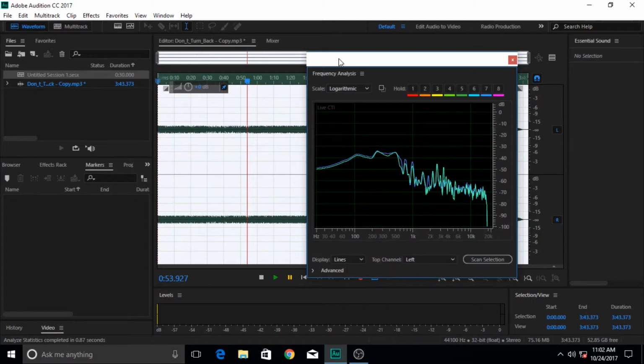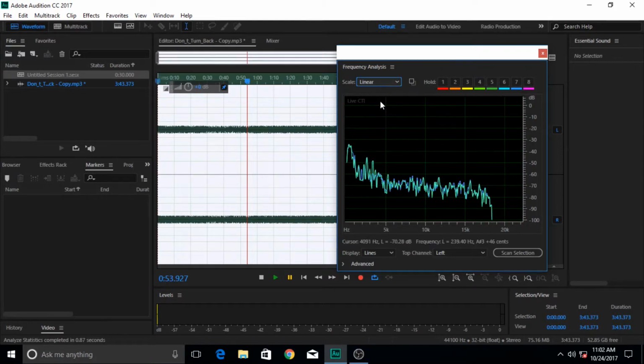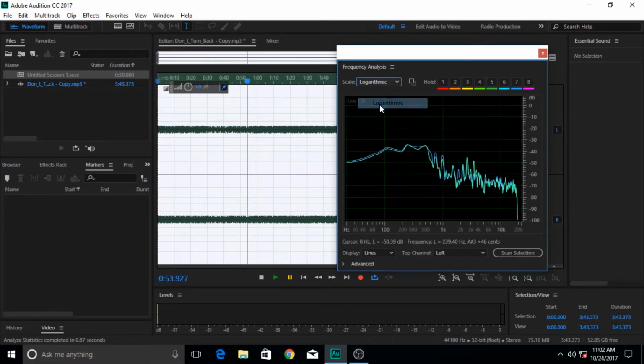There is another very useful one, which is frequency analysis, in which you can analyze the frequencies in a linear and logarithmic way. It tells you at which amplitude level how the frequency will behave. For example, if we go to logarithmic, it shows a little bit more detail, that at 30 Hz or 100 Hz, which frequency will be active at this amplitude level. And when we go towards 1K, where the frequency levels will be, and at 20K, what is the amplitude of the frequencies at this level.